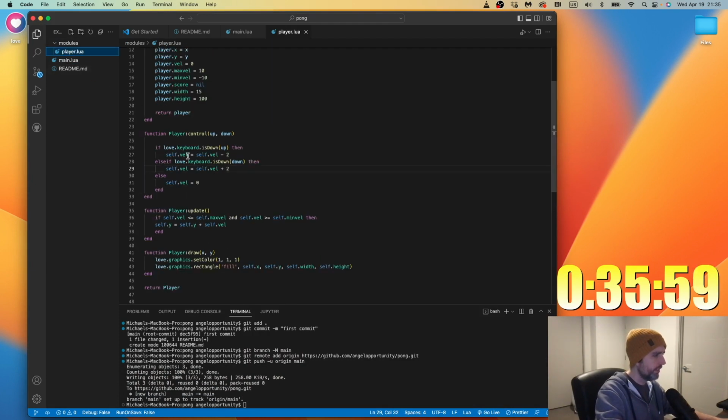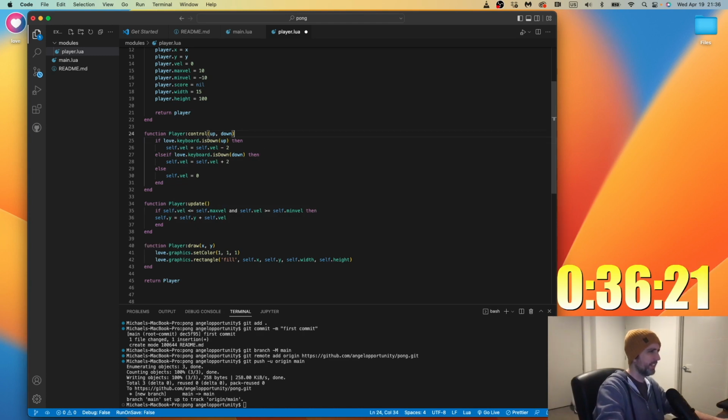Okay. So in this function, we just need to wrap this in an if self dot, no, we don't want to wrap the whole thing. We need to prevent it from going over the max vel.